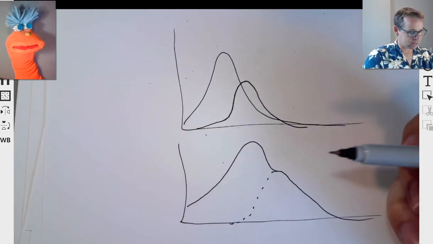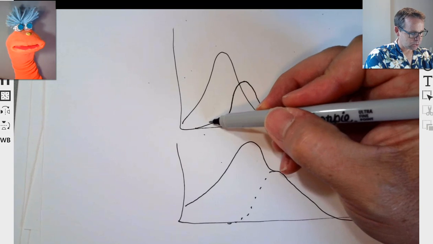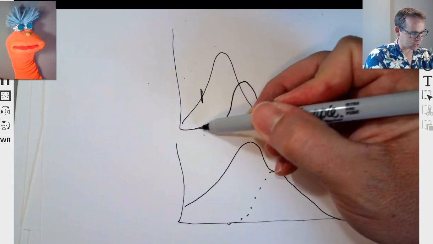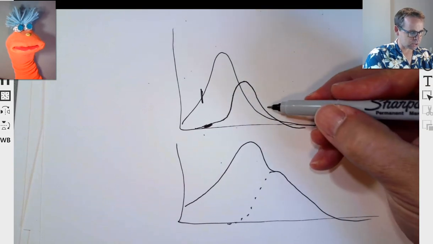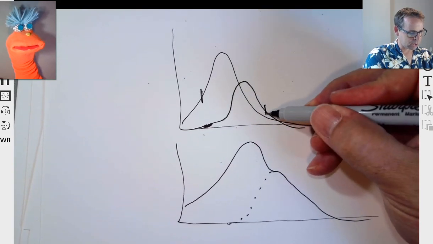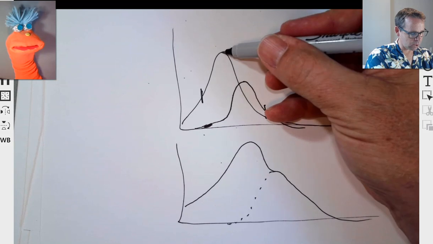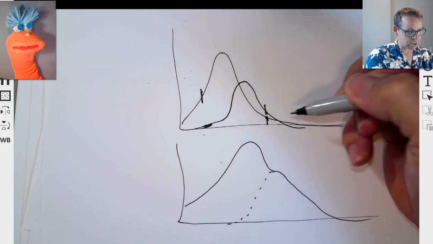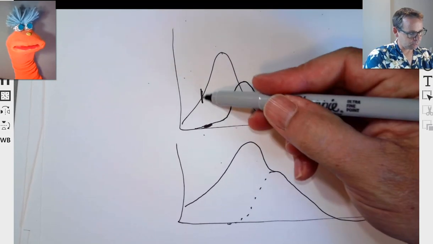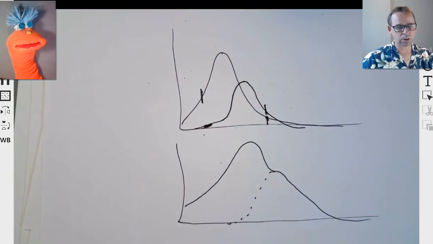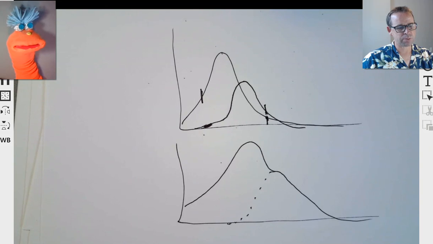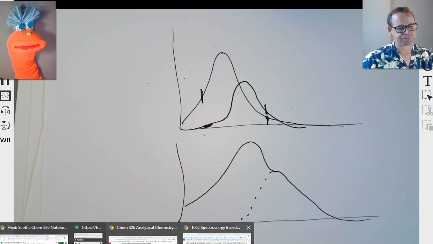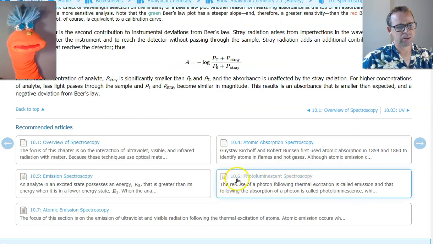And so if that's the case, then it might be better to find a spot here that is not influenced significantly by the relative change in this concentration, or maybe this spot here, which is less influenced, so you need a very large concentration to get a small change here, right? So for those reasons, sometimes you will look off peak to get a measurement of a concentration of something. All right, good.